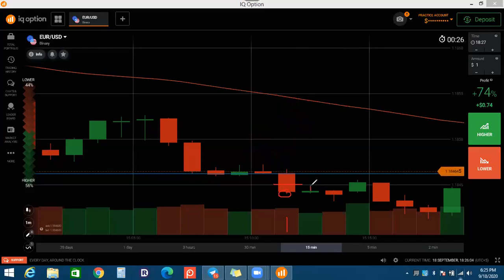When the market broke this level or reached this level, you can place a put option here. It will be rejected. This level will be respected. So you can place a put option, or you can place a call option if you see it. So these are the ways to understand the pressures.